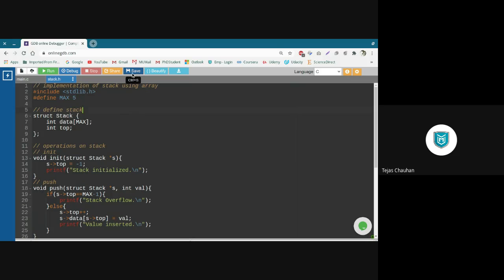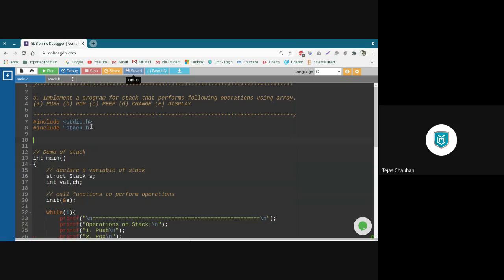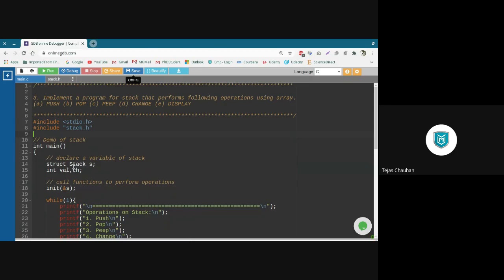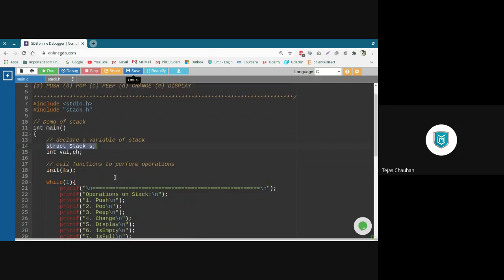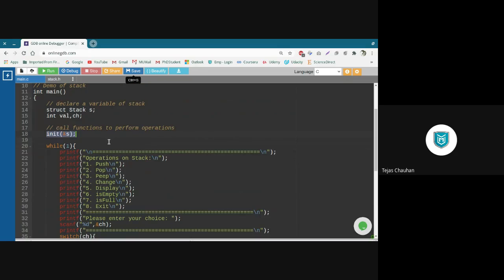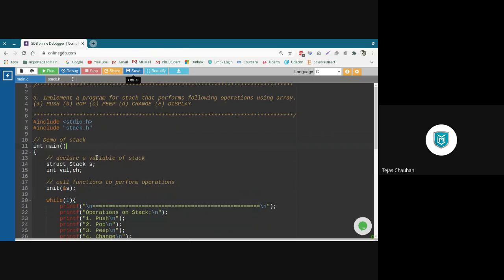Okay, and let me save this one. So the implementation part is entirely inside stack.h. Whenever I need it, I'm going to include that file. Once I include it, I can declare a variable and call those functions, right? So separating the two portions makes it abstract.